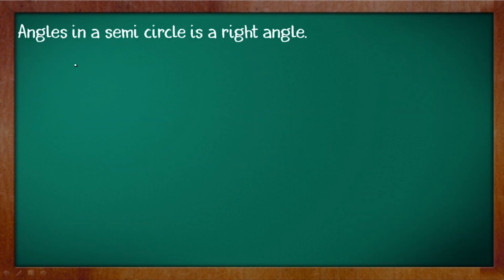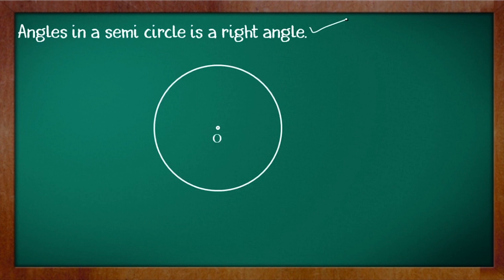So let's first see the statement of the theorem. The statement of the theorem states that the angle in a semicircle is a right angle. So if we are able to draw an angle in a semicircle, then it will be equal to a right angle or 90°. So if there is a circle with center O, and if AB is the diameter,